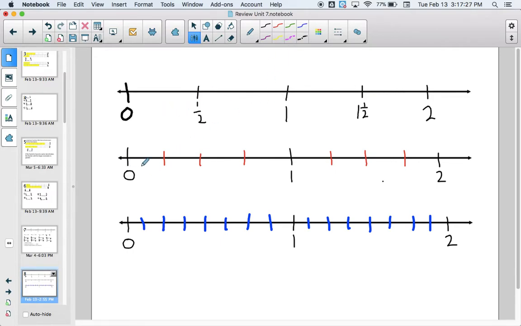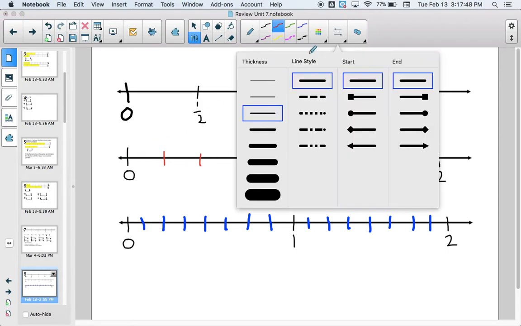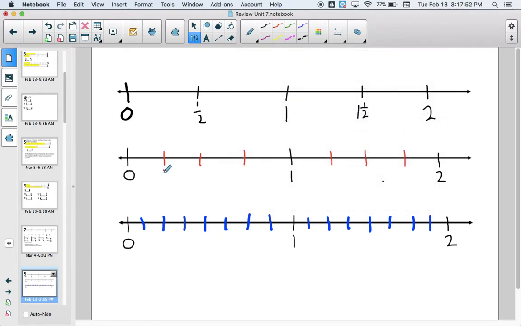Now let's take a look at this other number line. If I look at it, I noticed it's been marked off in 4s or fourths. Start at 0, 1, 2, 3, 4. 4 equal parts. So it's been marked off into fourths. So let's label it. This number line is 1/4. Starting from here to there is 1/4,